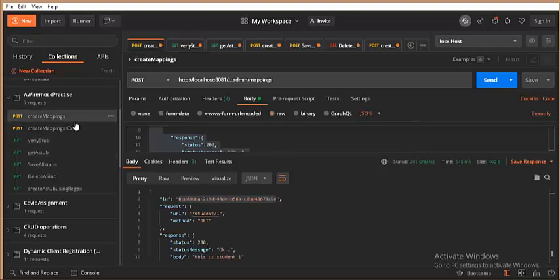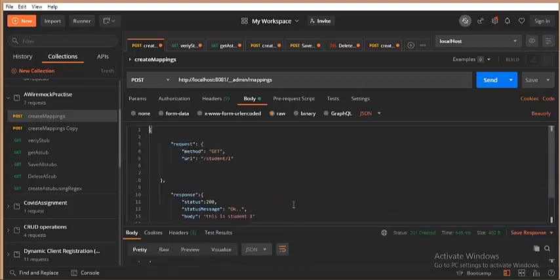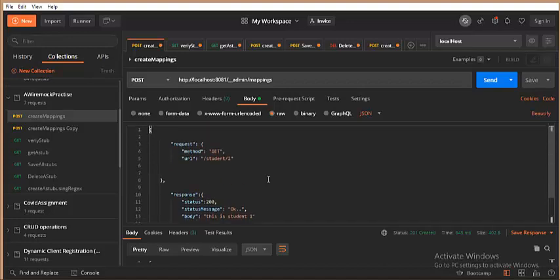So if I go to create mapping, if you just go down a bit above, /student/2 is the one that we have had, and now we are going to do a put call because I wanted to update the specific request. Understand, guys, every time you make a post call with a specific endpoint, it is going to create that many stubs for you. Even if it is a minute difference, WireMock identifies this as a new stub and it gets created.